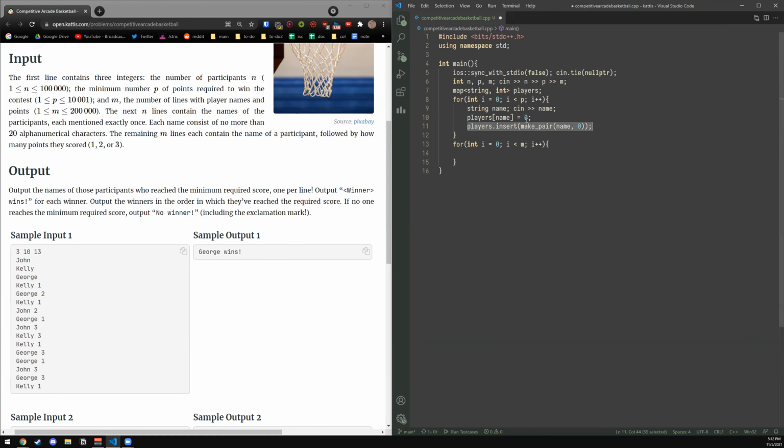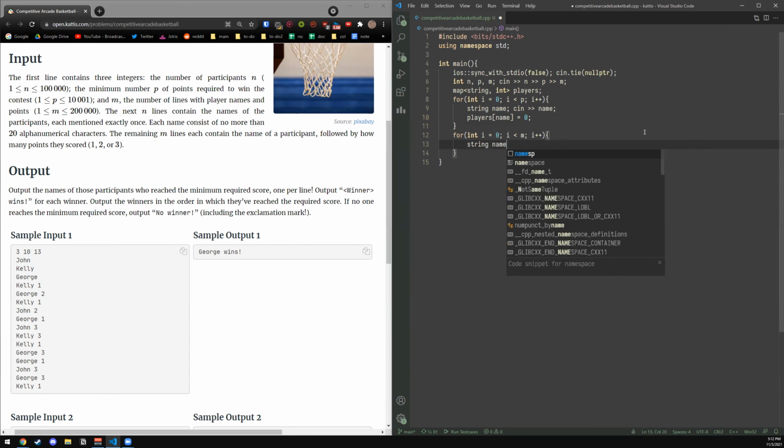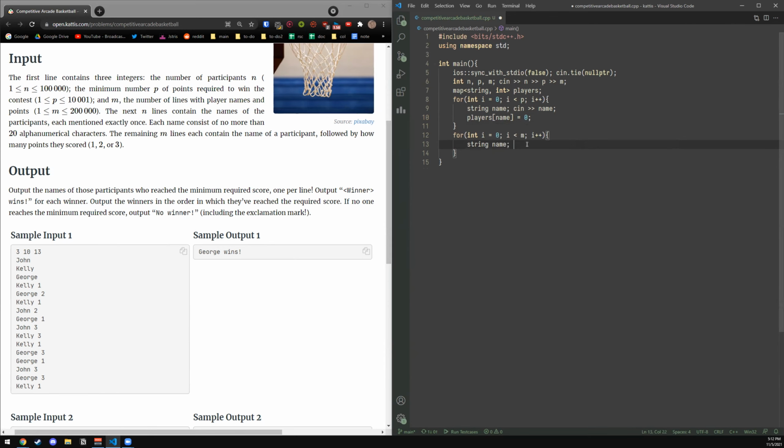And this is the same thing as doing the first line. So players of name is equal to 0. This would store the int value into the map for that name. And then for the second one, you're inserting make pair, this pair of string int, into the map. So it does the same thing. And so you get a default value, and then the following M lines, so less than M, you have the name, you have the score, and you're going to input the name and the score. And so you could go players of name plus equals score,